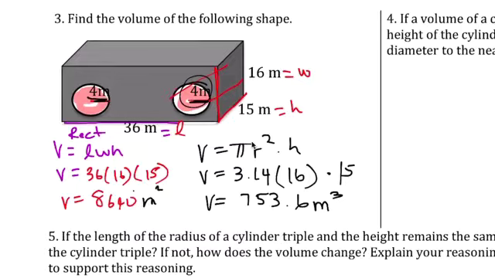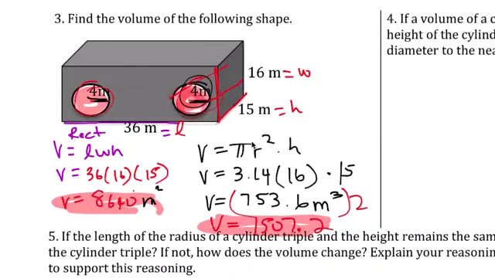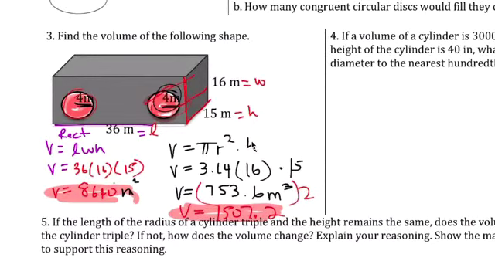Okay, now because there are 2 cylinders, 1, 2, you need to multiply this times 2. So you get volume equals, for the 2 of them, 1507.2. You would subtract these 2 from each other, because these are holes. White spots mean they're a hole. 8,640 minus 1,507.2. We get